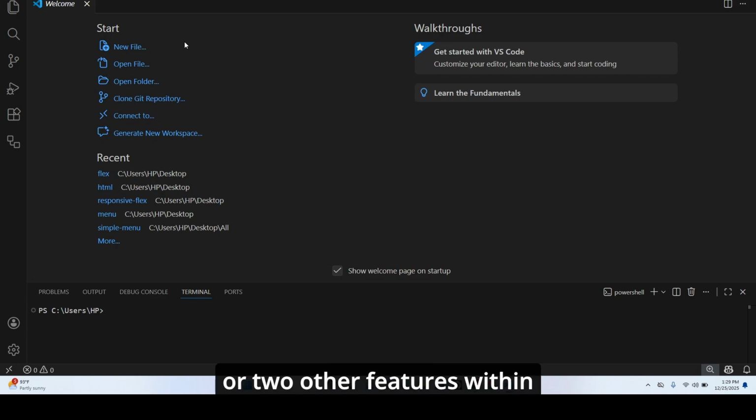Step by step, we look at one or two other features within VS Code, and we get it started